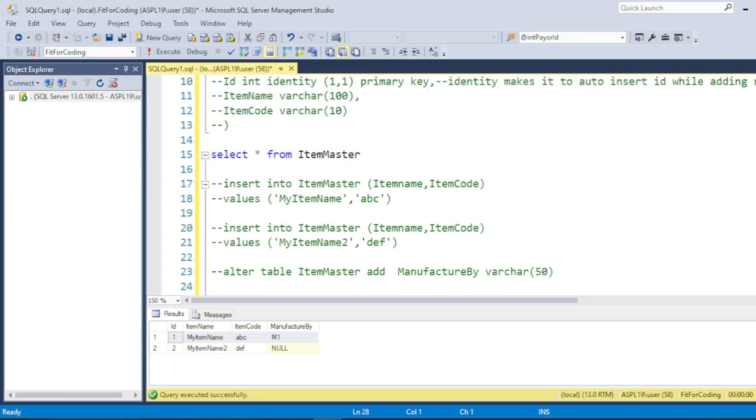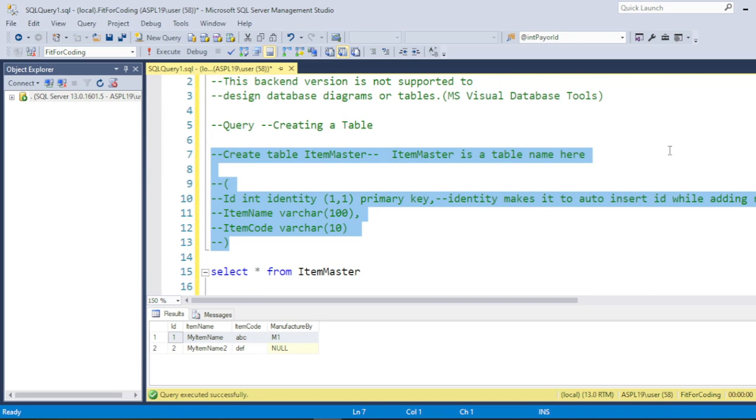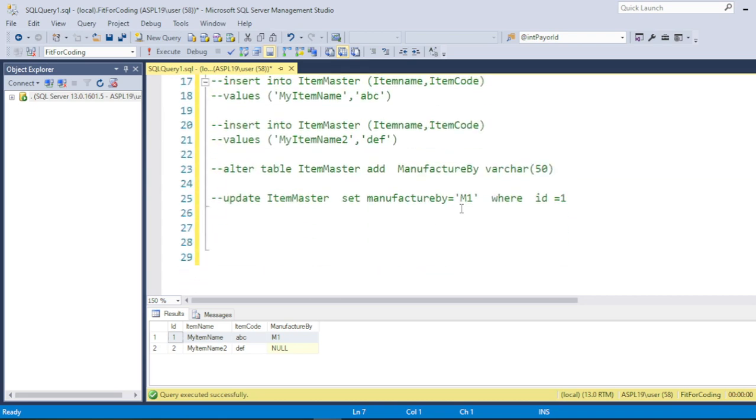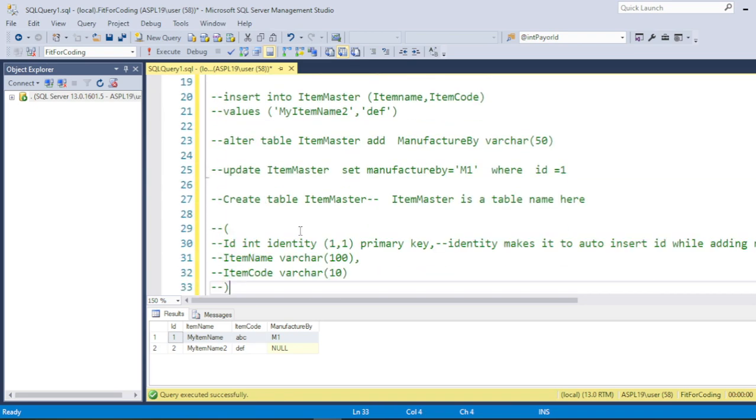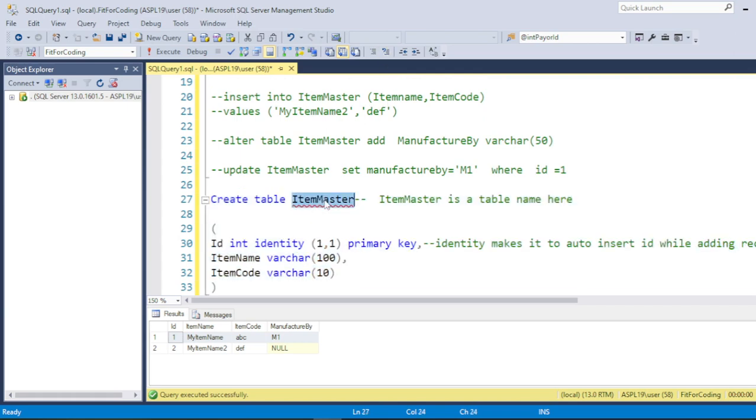Now we will create a new table. Let's copy this table item master, and here, let's suppose, sale by. There is one table, sale by. In this we have mentioned id